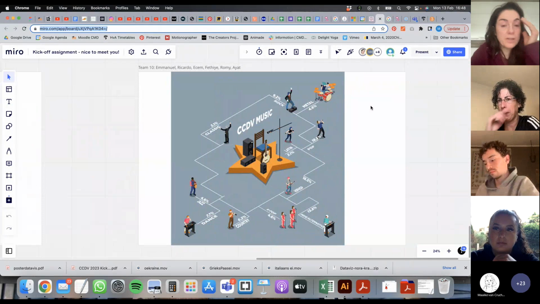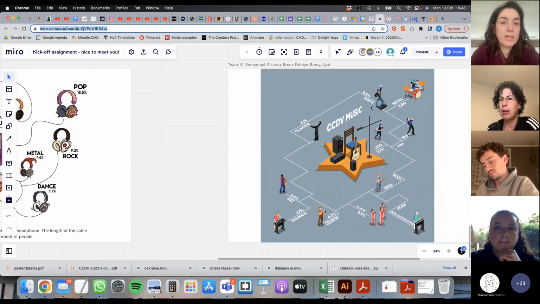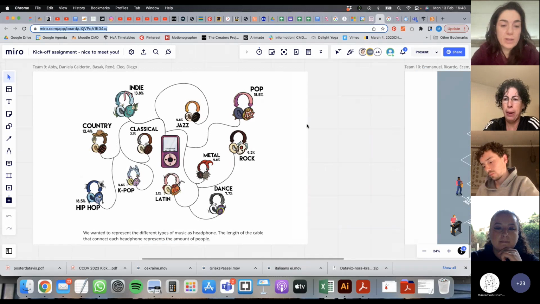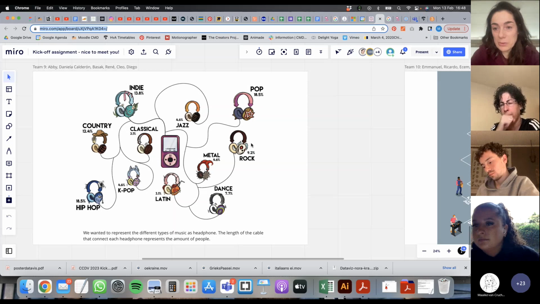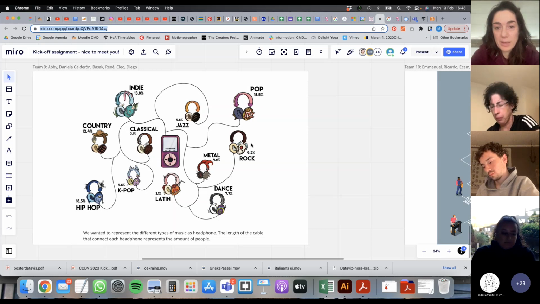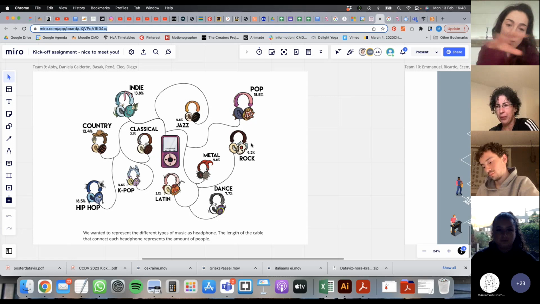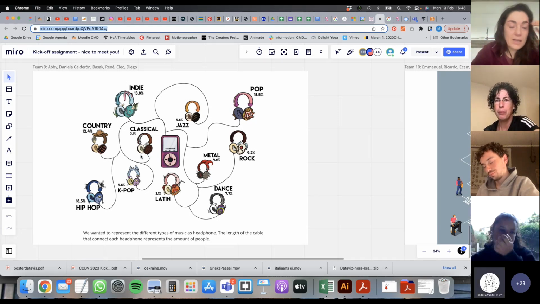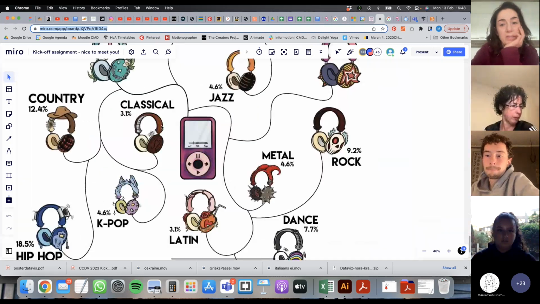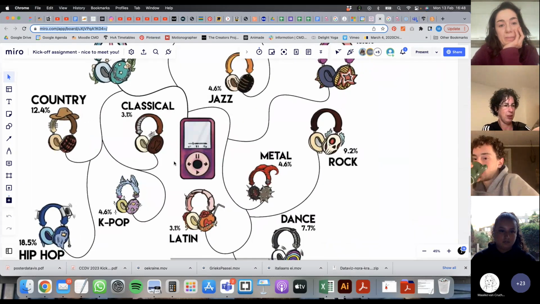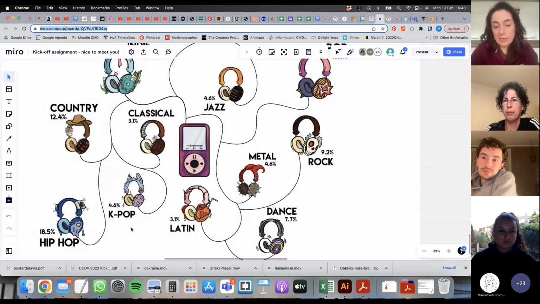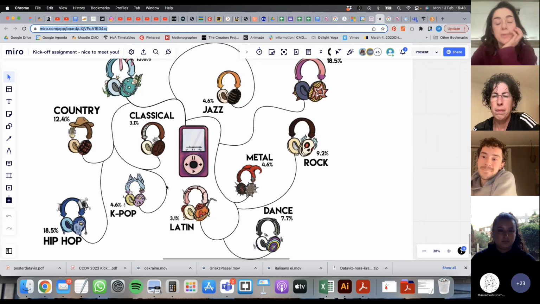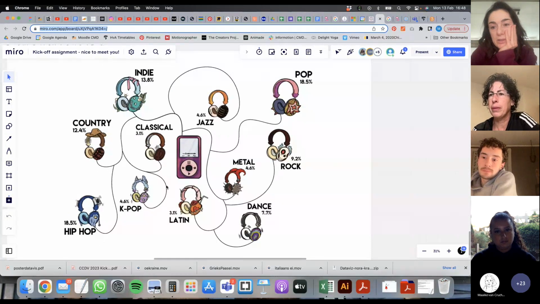The details are insane. I hope everybody has the link of the board so you can zoom in. I don't know who did it, but for classical music you get a piano inside, and you get a little mic for hip hop. You can see it when you zoom in. There are so many details. It's like a piece of art, fun with humor.